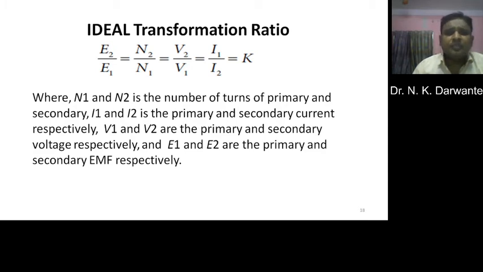Okay, for the voltages which are available, you can see there is a difference in the current. The current is reversed as compared to the voltage, number of turns, as well as the EMF generated. And here K is equal to I1 divided by I2. This reverse ratio tells us that the product of voltage at primary and current at primary is equal to voltage at secondary multiplied by current at secondary, because ideally the power at primary and power at secondary is the same.